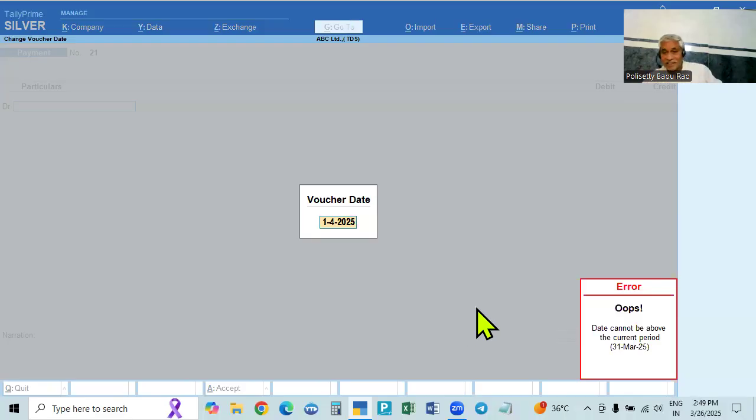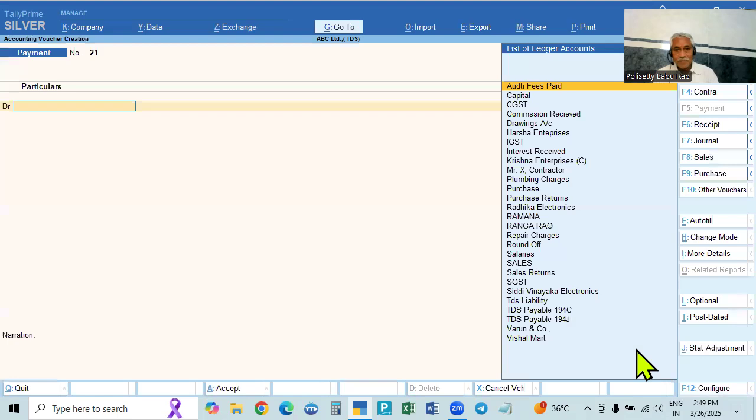It says the date cannot be above the current period. Above the current period means the current period ending is 31st March. Above that, you cannot enter the date. That is why above means next. The date cannot be next to this date. It's not accepting. We cannot record. Similarly, this is the